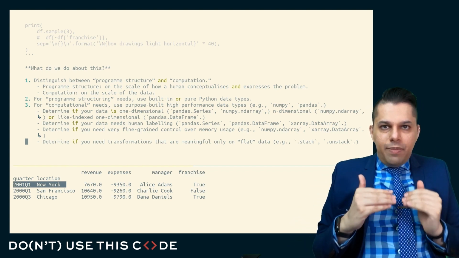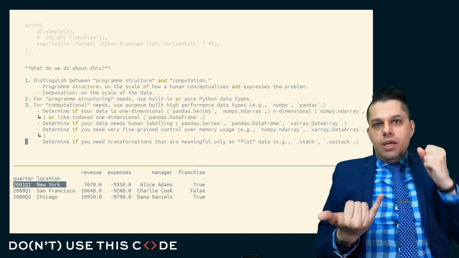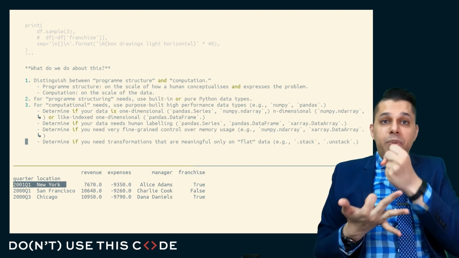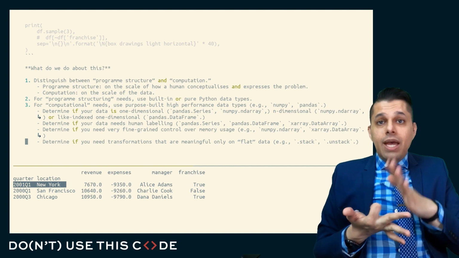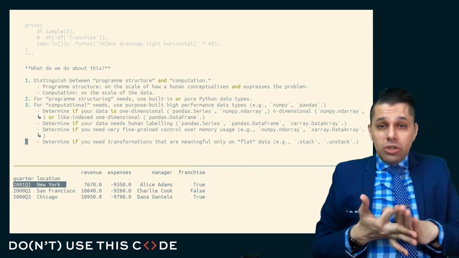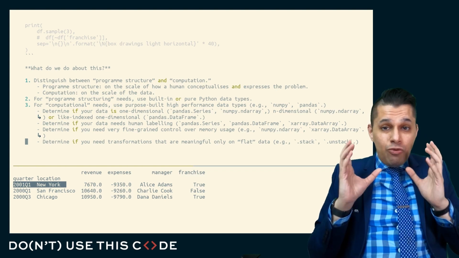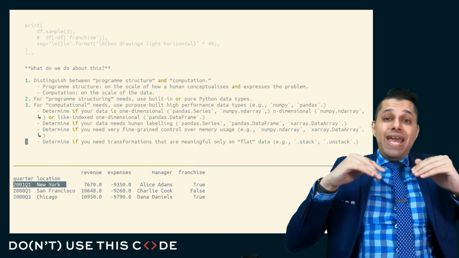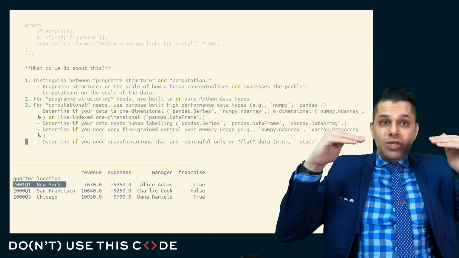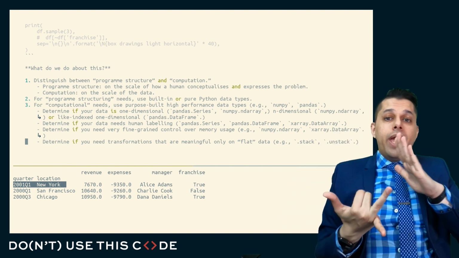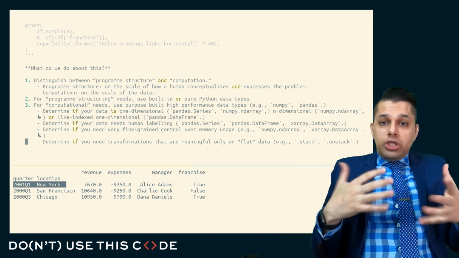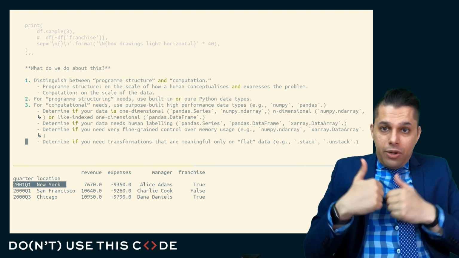If your data is one-dimensional, you have a couple of choices. A Pandas series, a Pandas array, a NumPy ndarray are all fine choices. If your data is n-dimensional, you no longer have the same set of choices. If your data is n-dimensional, and really n-dimensional, especially if n is greater than 2, like 3, 4, 5-dimensional data, NumPy ndarray or an Xarray DataArray. Largely, the Xarray DataArray is just a wrapping of the NumPy ndarray,